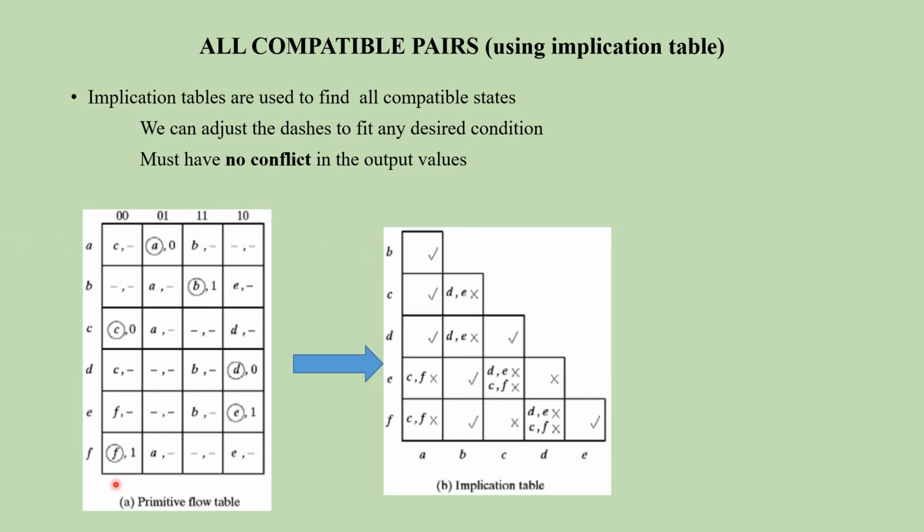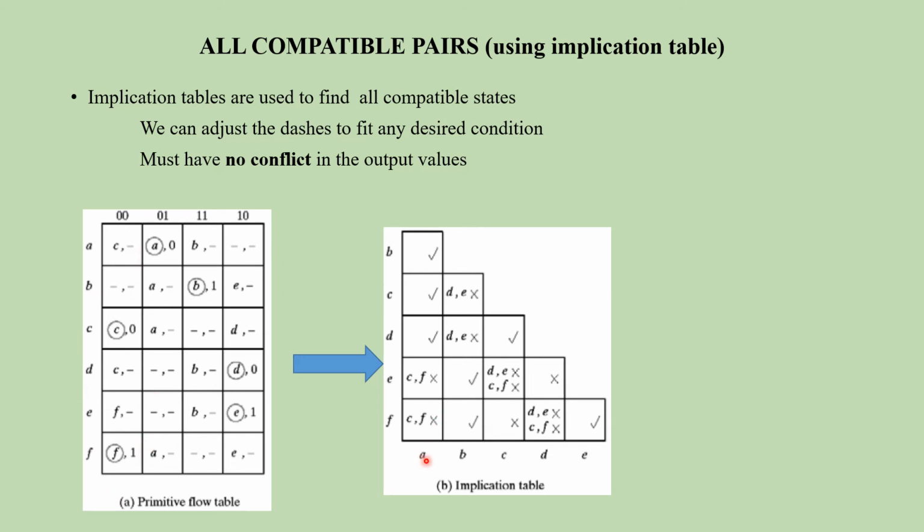So this is a primitive flow table for an asynchronous sequential circuit given. How can that be converted into an implication table? So what is the first step? As I told you earlier, for synchronous, for putting the states in vertical, leave the first state. For representing it in the horizontal manner, leave the last state. So that has been done, and draw this structure. After drawing this, now as told earlier, A has to be compared with B, C, D, E and F, and B has to be compared with the rest, and the comparison goes on like this, right?